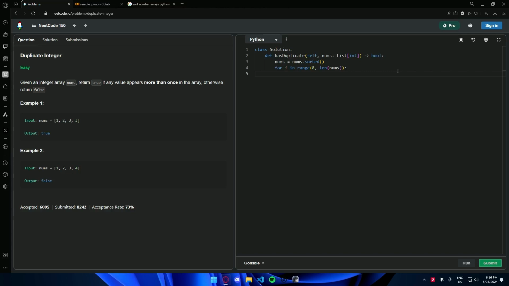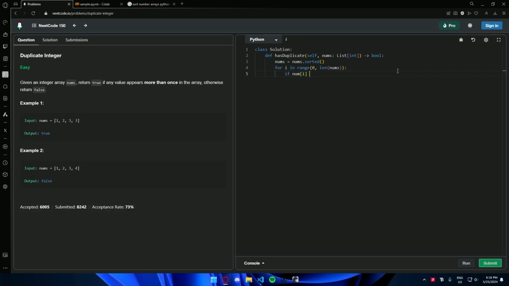So we're going to be looping through 0 to the last index in this list, and we're basically going to say, if num i, the current number we're at, is